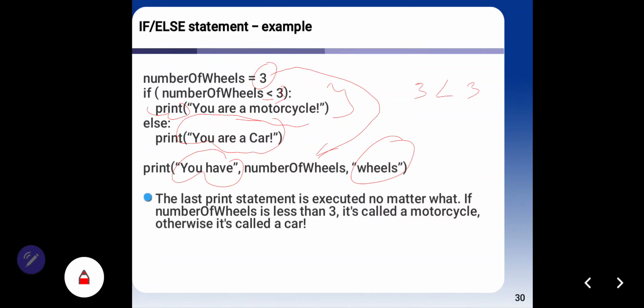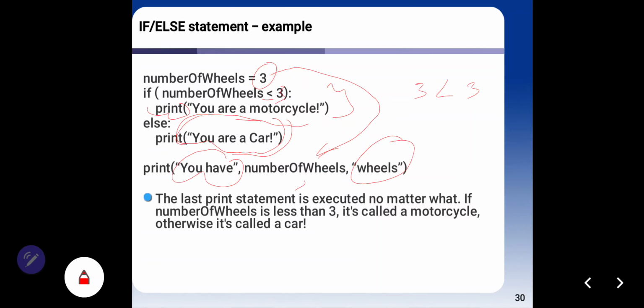This is a wrong statement, so the result of this code is: you are a car and you have 3 wheels. I hope you understand this.